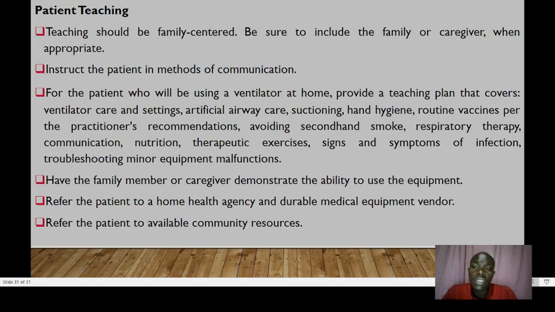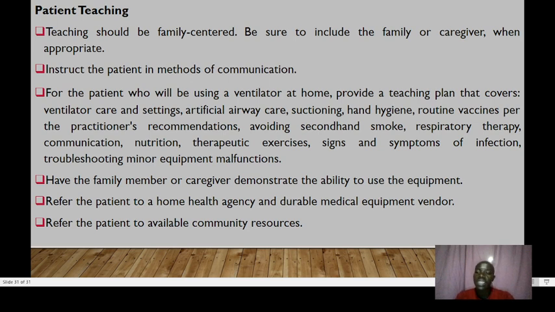Teaching should be family centered, and you need to be sure to include the family and the caregiver when appropriate. You instruct the patient on the methods of communication, just as we said before. And for those patients who will be using a ventilator at home, you have to provide a teaching plan that covers ventilator care and settings, artificial airway care, suctioning, hand hygiene routine, vaccines per the physician's recommendation, and avoiding secondhand smoke,